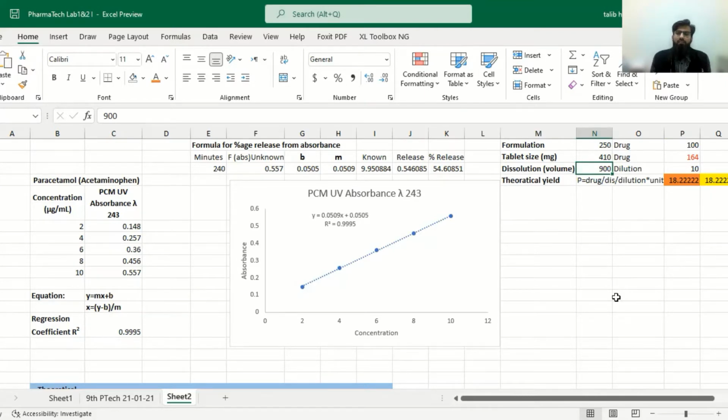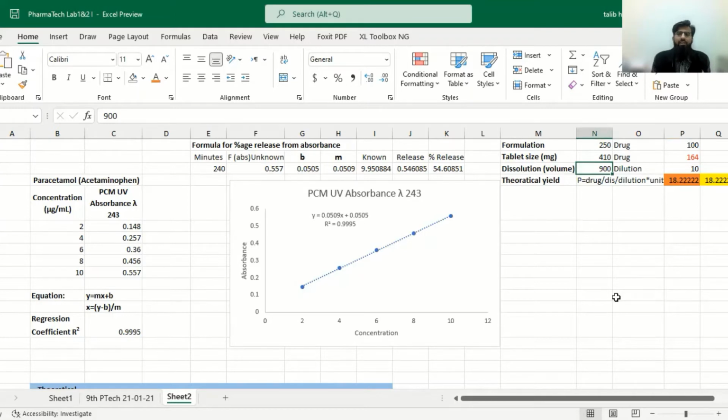Now, when the tablet is placed in the dissolution media, there will be a theoretical yield of the drug in that media. For example, if the whole drug is dissolved within that 900 ml of media, then it will give a concentration to the solution. It will be the maximum concentration, and that maximum concentration will be known as theoretical yield.